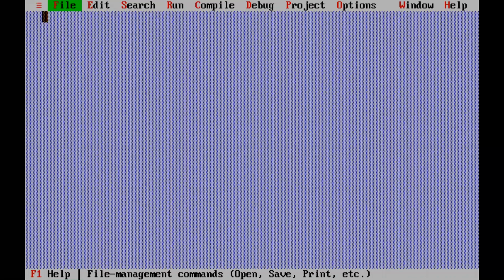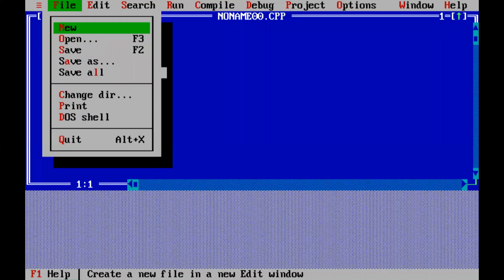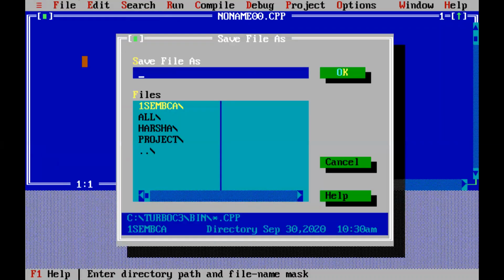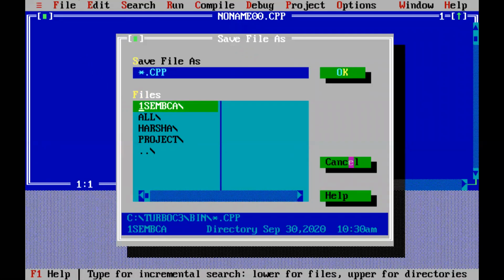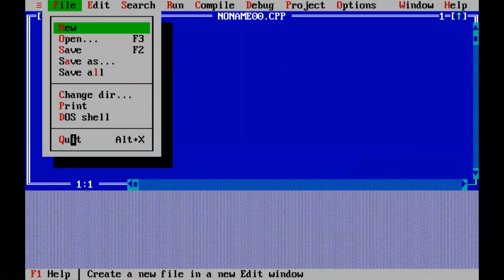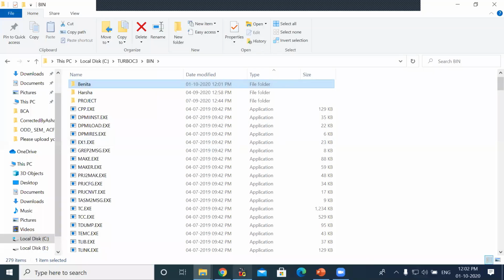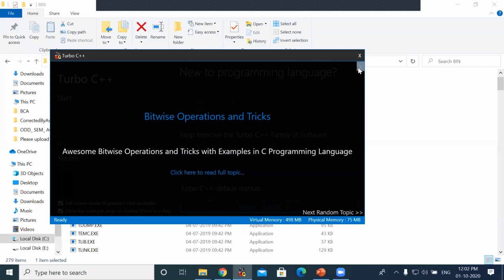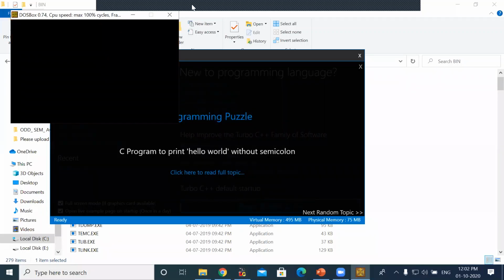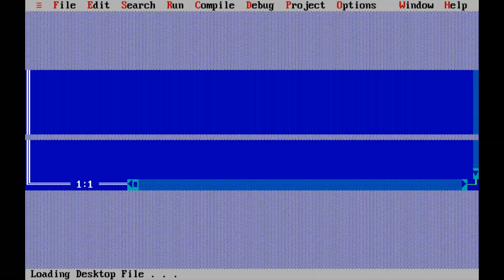I usually receive all the programs without saving, as NONAME.CPP. From now onwards, if I see programs which are not saved, I will not correct errors, because after correcting, you are not saving the program. You are just running it. Whatever changes we made will not come because we didn't close Turbo C. After making the changes, if you are not saving them, then it is of no use. Then again I have to repeat all the errors. You know how much time I'm wasting?